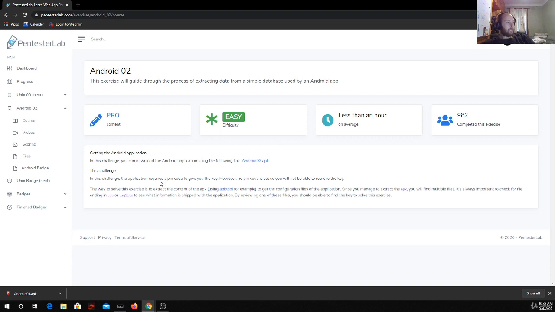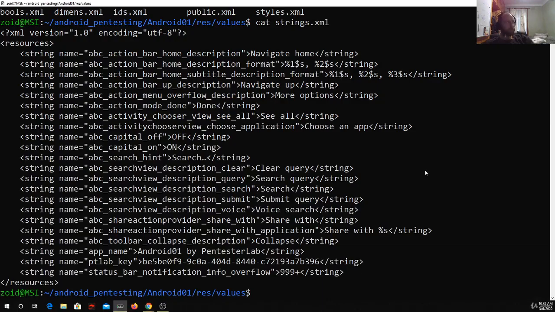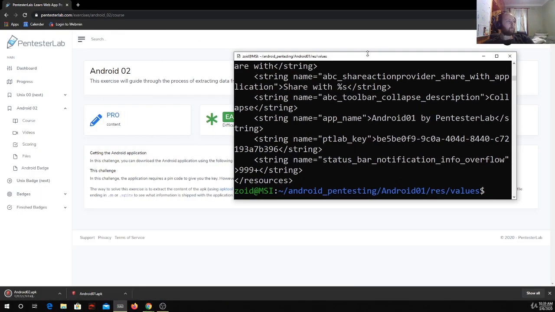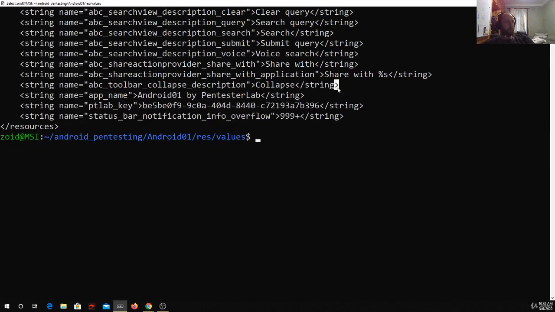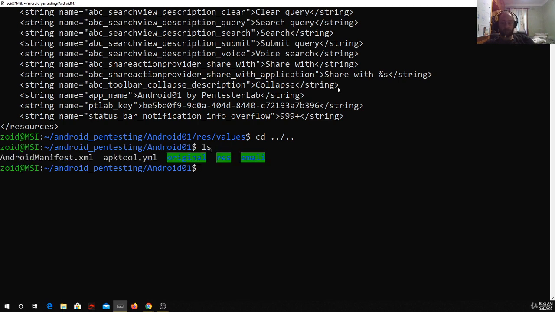Okay, this one here we need to do the same thing. This one I've done before. The same thing, but in the application there is going to be a database file. Now, applications sometimes store their database information thinking it'll be super safe, but it's not. So let's just